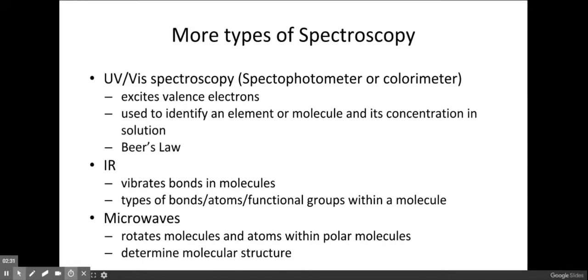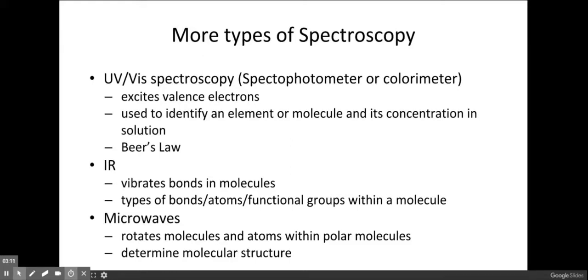Finally, infrared and microwave spectroscopy. These are lower energy forms of electromagnetic radiation, so they don't even excite electrons to higher energy levels. Infrared just vibrates bonds in molecules. So vibration and infrared is something you need to connect to each other, and this helps us determine the types of bonds or types of atoms or functional groups that occur within a molecule, like do we have single, double, or triple bonds in a particular molecule, or these carbon-hydrogen bonds or carbon-oxygen bonds, things like that,